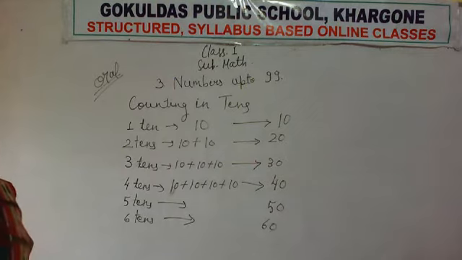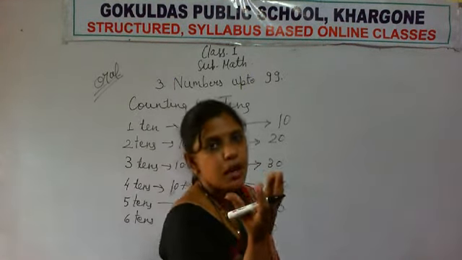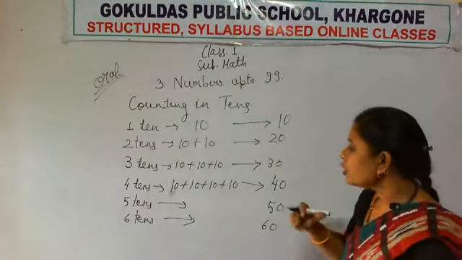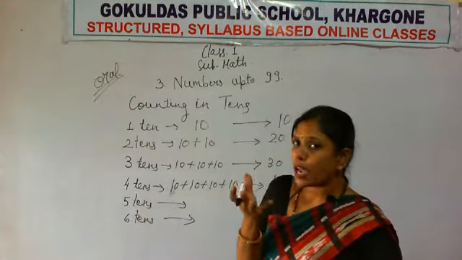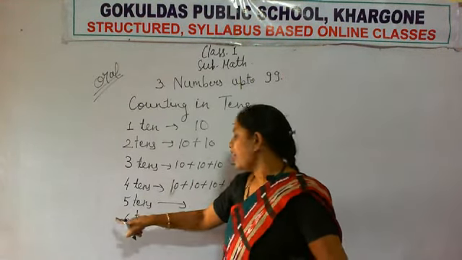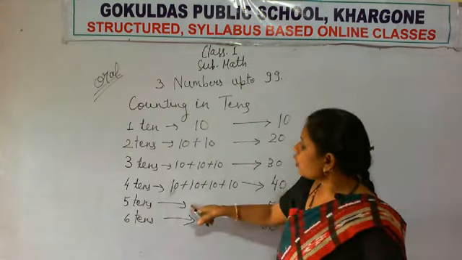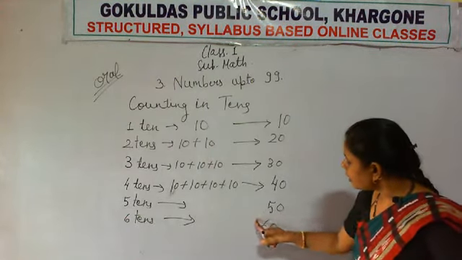Okay, that means we are having bunch of 10. And how many bunch of 10 we are having? 6. 10-10 के ग्रुप हैं हमारे पास. कितने ग्रुप हैं 10-10 के? 6 ग्रुप्स हैं. And when we add all the tens, what we will get? We will get a new number, that is 60.